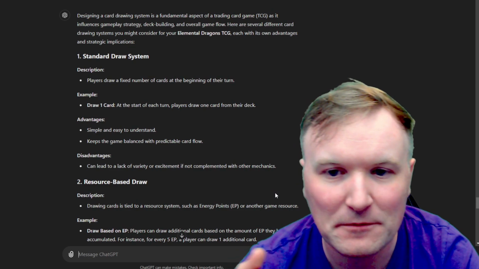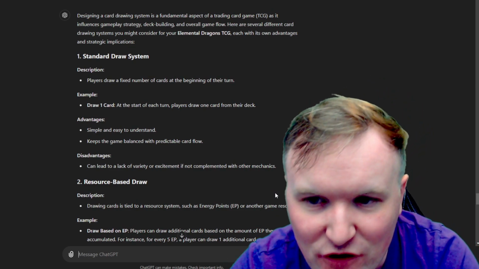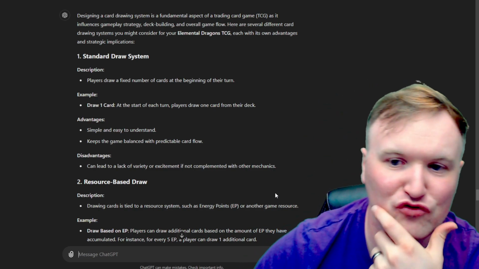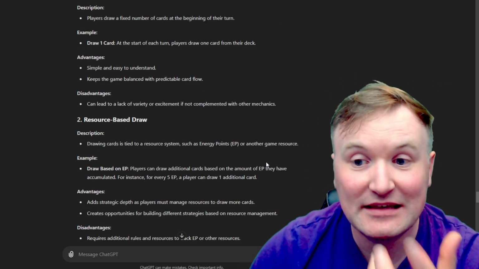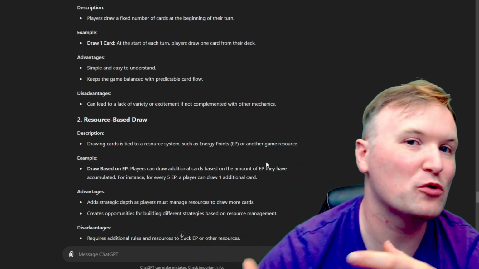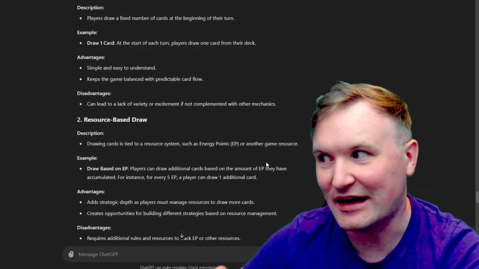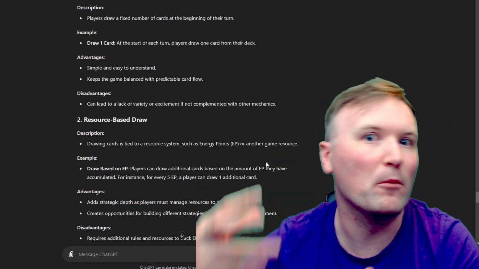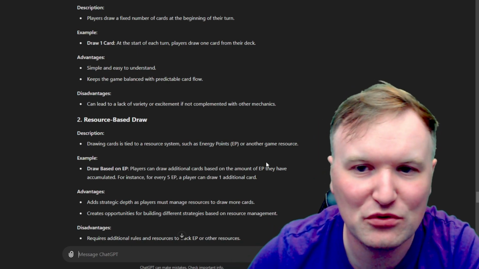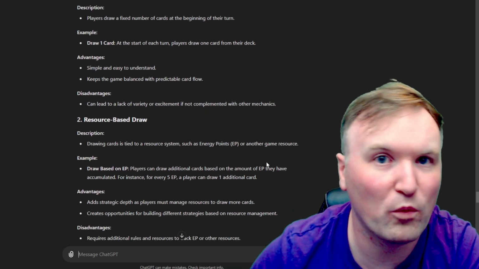So standard draws. Players draw a fixed number of cards at the beginning of their turn. Very simple. That's great. So yeah, draw 1 card, start your turn. Yes, but a lot of TCGs like to play lots of cards. So then you have to start incorporating cards within your game that you can play to then bring out more cards. So I like to have a little bit more to it than just a typical draw 1 type of